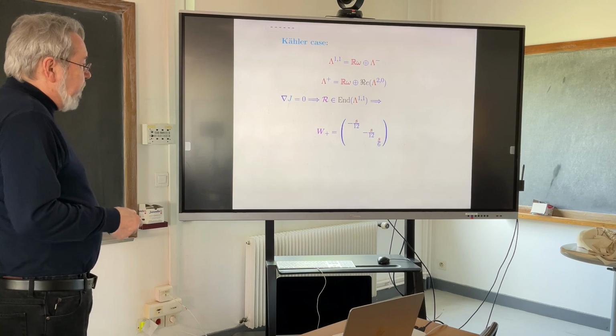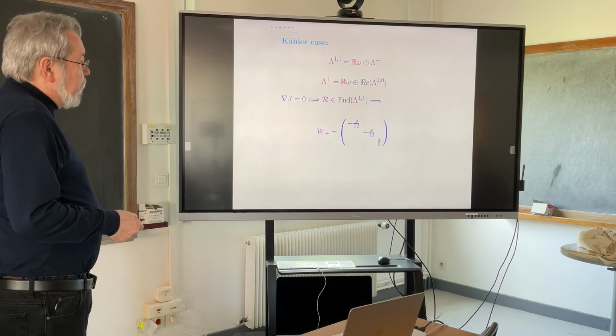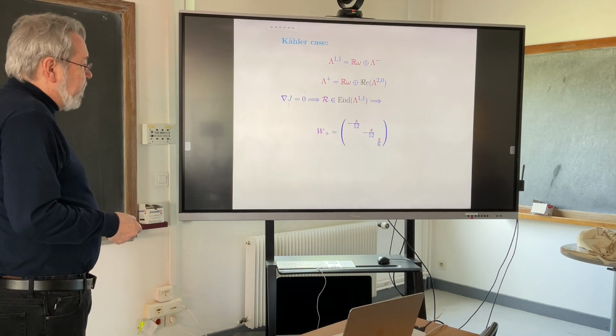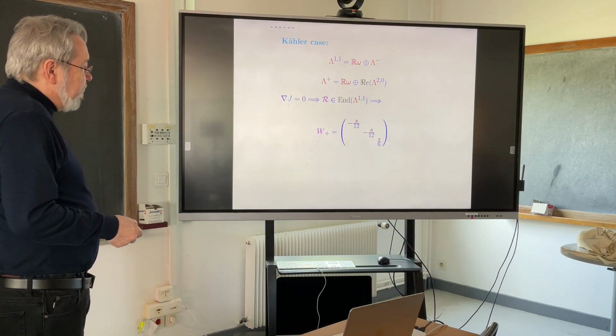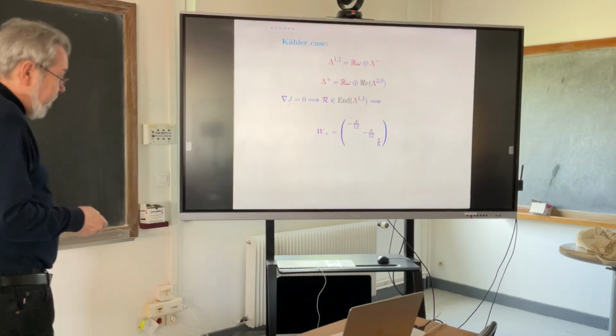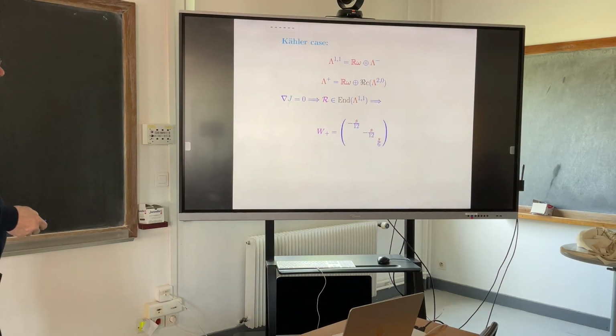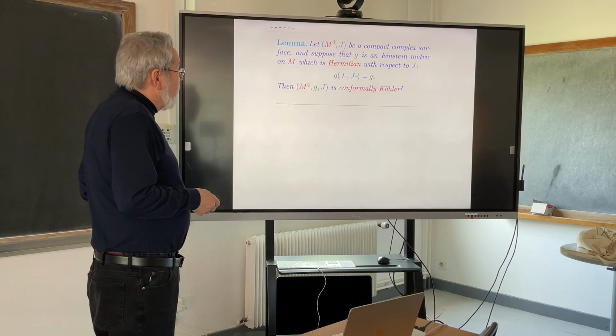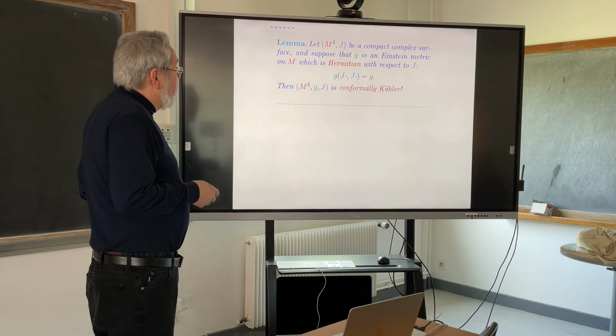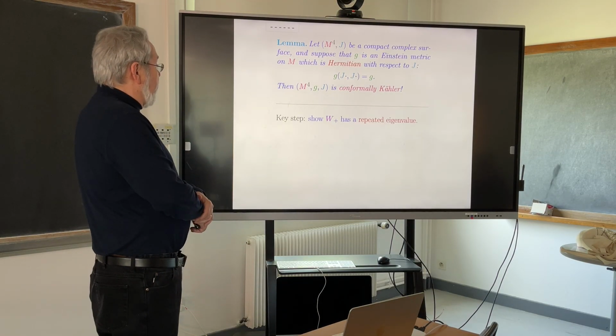So W plus in general is trace-free. Two of the eigenvalues here are equal, and the scalar curvature is positive. Those would be negative eigenvalues, then there's one other eigenvalue of the opposite sign. So W plus has a repeated eigenvalue, and it's a kind of amazing thing that,